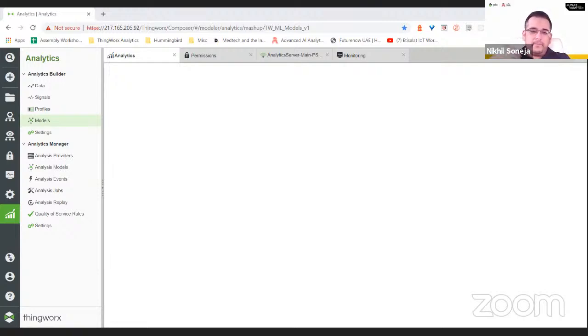Now there are 3 properties that are important when setting up models for time series. One is lookback size. Lookback size is basically the size of your window. So you're saying how many steps behind in historical data to go. If you set it to 0, ThingWorx does auto windowing, in which case it will run a few windows, and this will be slower.